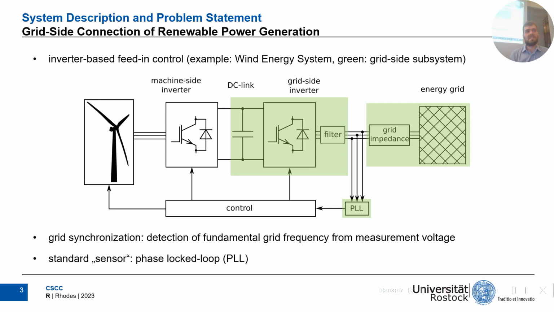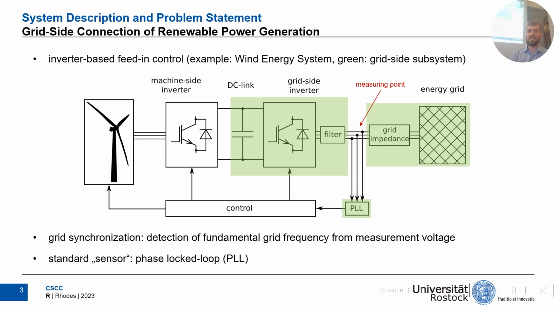So the grid-side inverter needs some information of the grid voltage, and this is usually detected from this measuring point. A standard sensor to do this is a PLL, a phase locked loop. When the fundamental grid frequency is successfully detected from this measurement voltage, we say that the grid synchronization was